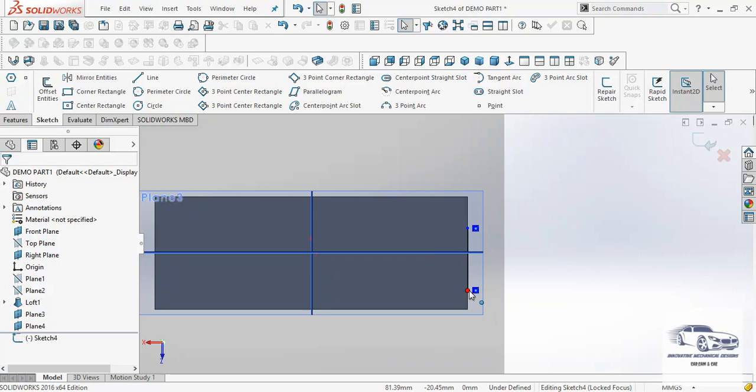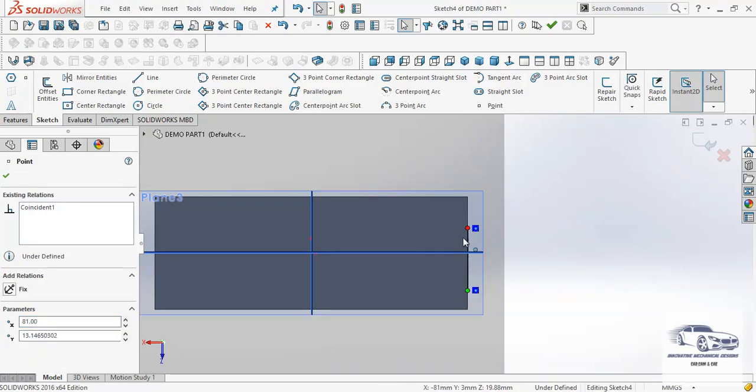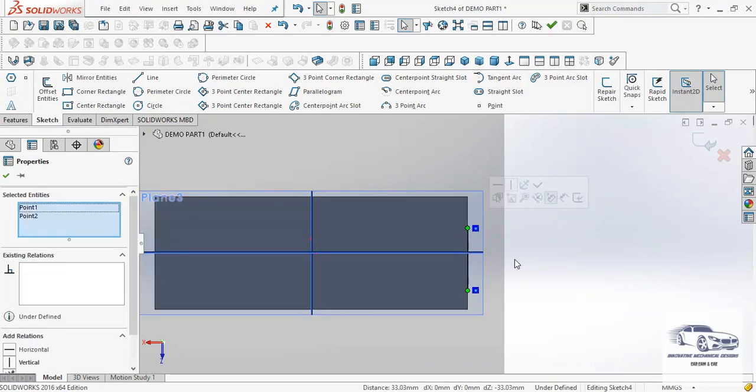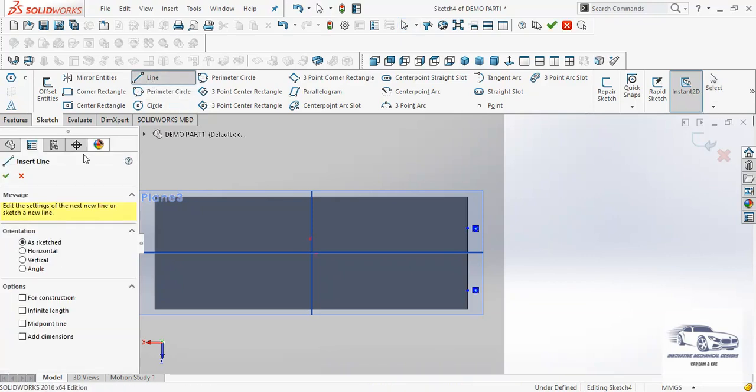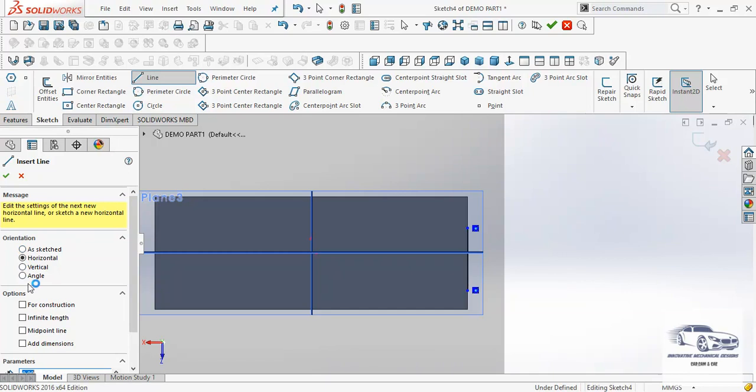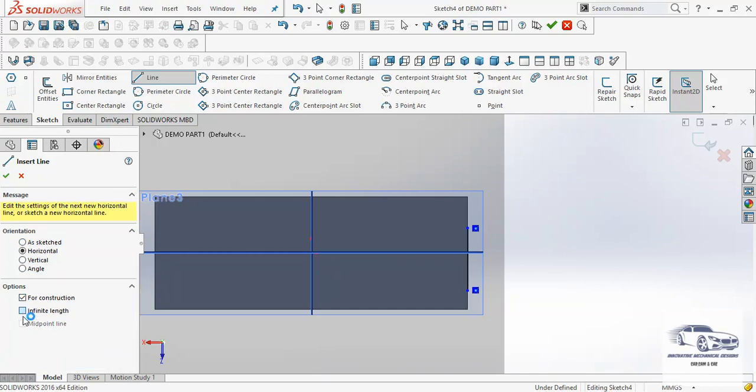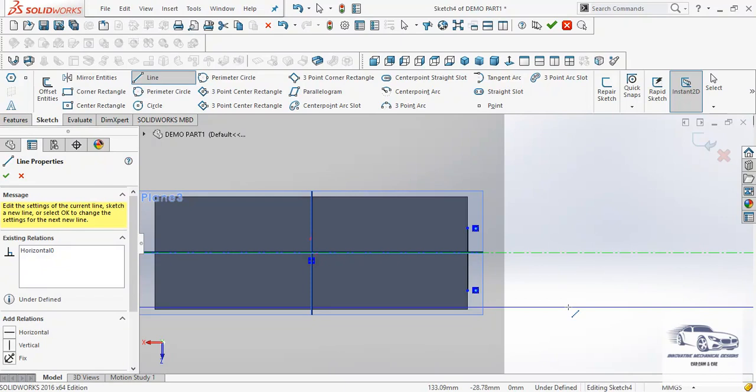So by using control selection, we have to create the symmetry constraint. What I will do, I will create first of all a horizontal infinite line so that it can be used for creating the symmetry condition.